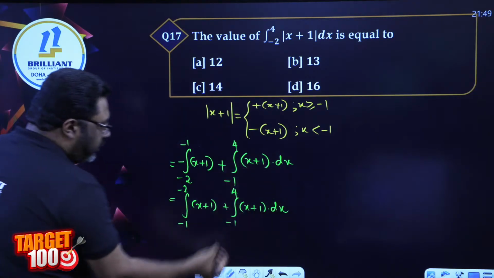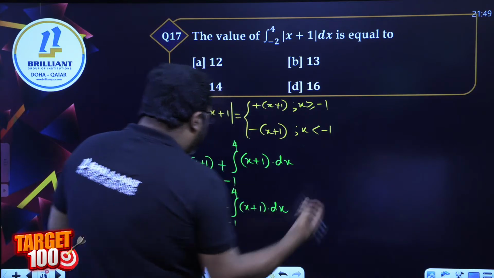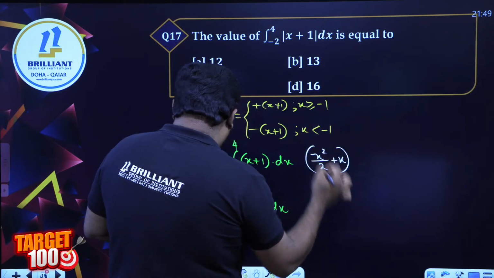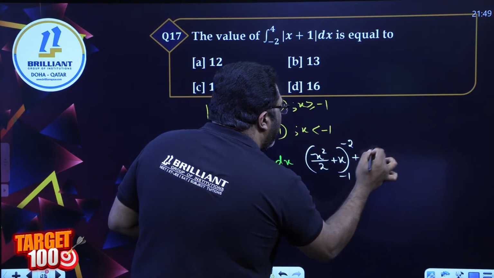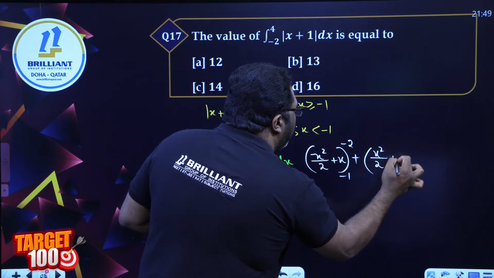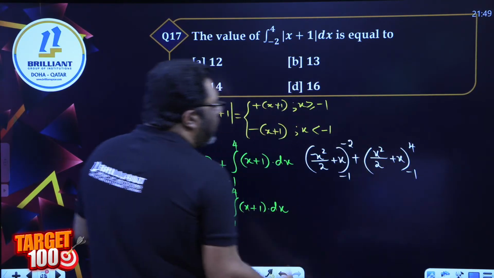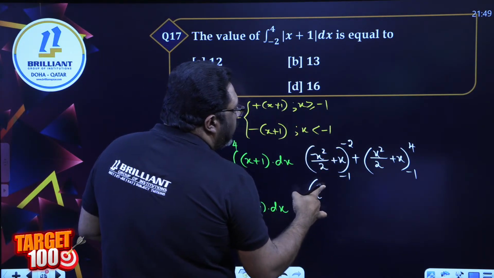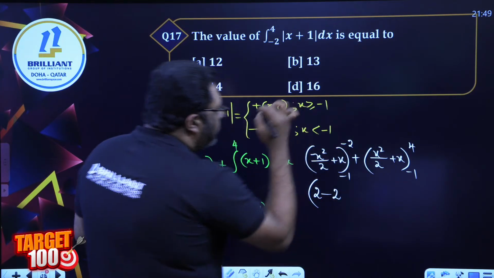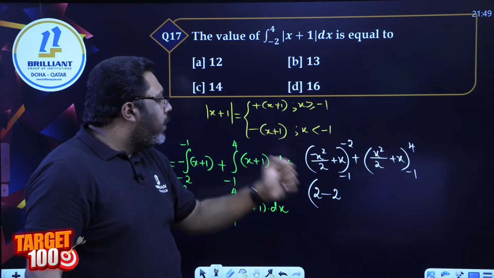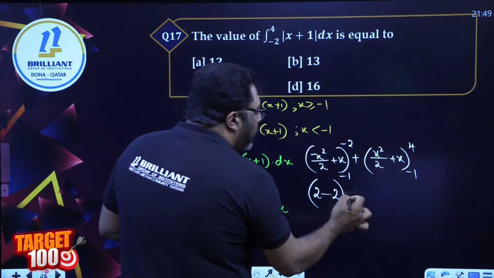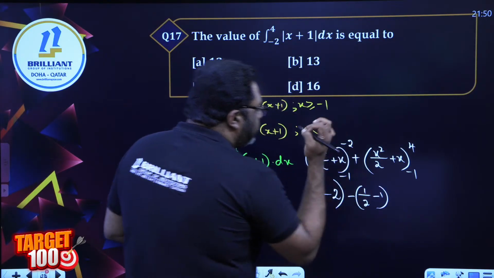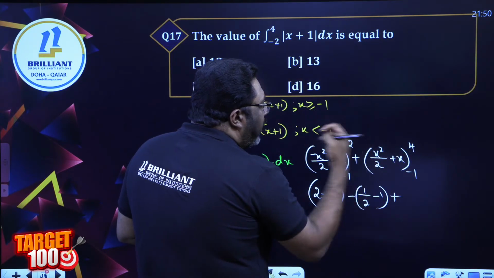Now you have to integrate it. Integrate it quickly, all of you. Integral is x squared by 2 plus x from minus 1 to minus 2. Then x squared by 2 plus x from minus 1 to 4. Apply the limits. Minus 2 squared is 4, 4 by 2 is 2, minus 2. Upper limit done. Minus lower limit, minus 1, that is 1 by 2 minus 1,